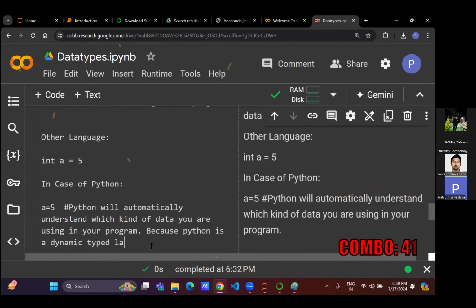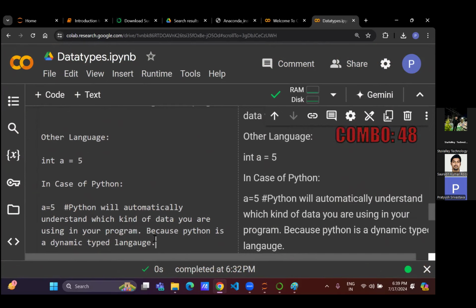देखो यहाँ पे सिंपल कॉन्सेप्ट है. क्या कॉन्सेप्ट है? अगर डायनेमिक टाइप प्रोग्रामिंग लैंग्वेज है तो हमें डेटा टाइप देना नहीं पड़ता है while declaring a variable और declaring a data. जब भी हम लोग डायनेमिक टाइप प्रोग्रामिंग लैंग्वेज की बात करते हैं वहां पे हम लोग को डेटा टाइप एक्सप्लिसिटली मेंशन नहीं करना. Whereas in other programming languages like C, C++,